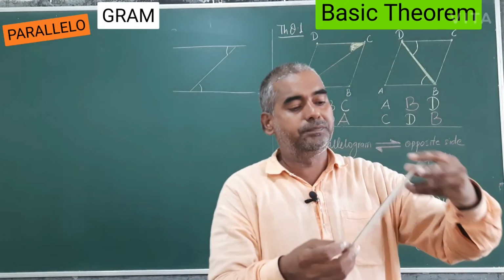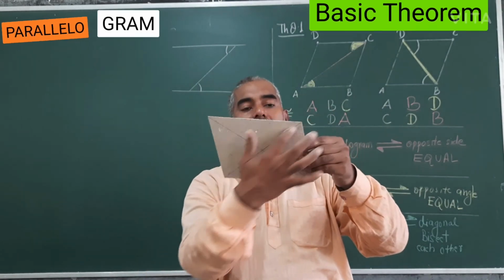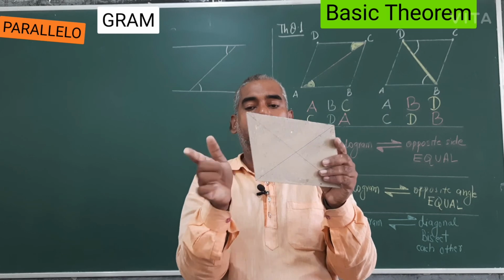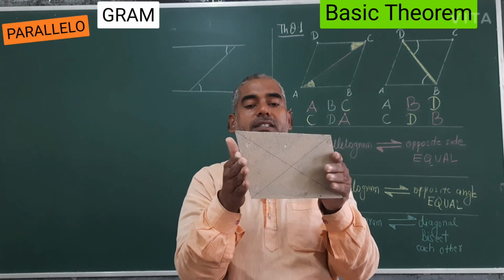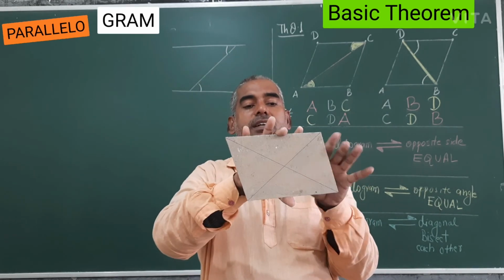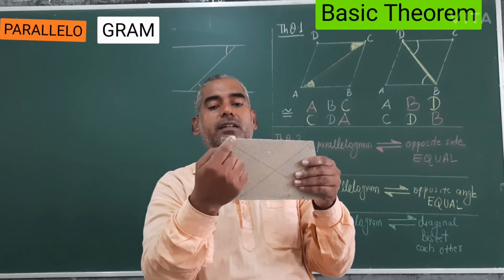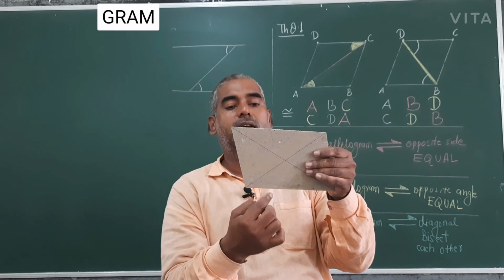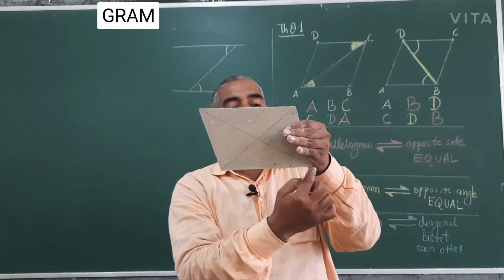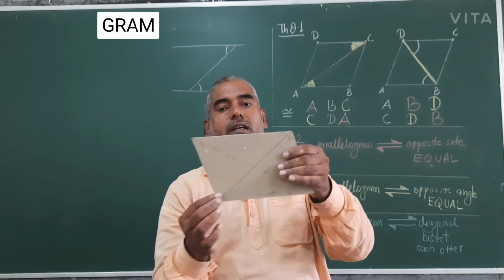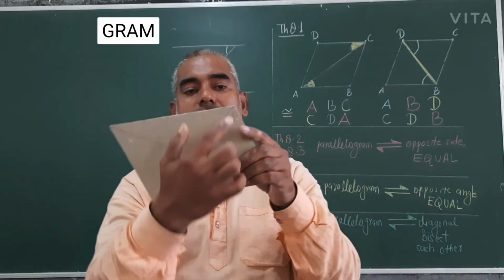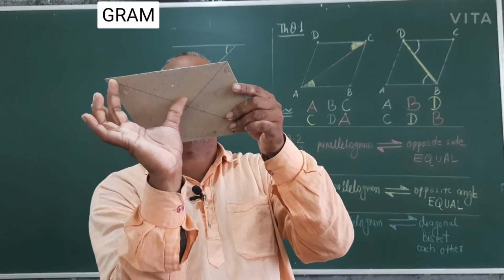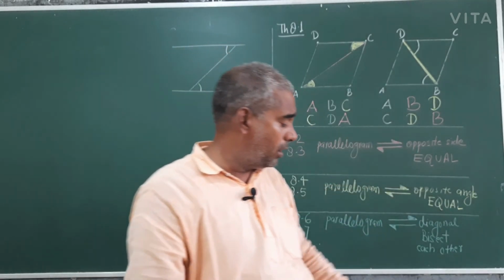This is again, you know, but I have not cut it. This side is not equal. Opposite sides are equal, this equal to this. Opposite sides are equal. Opposite angle, this whole angle is equal to this one, and this equal to this one. And the diagonals, you know, this diagonal will be long and this will be short. And I hope you can see these are bisected. So this is equal to this, and this half is equal to this half. So these were all our theorems.